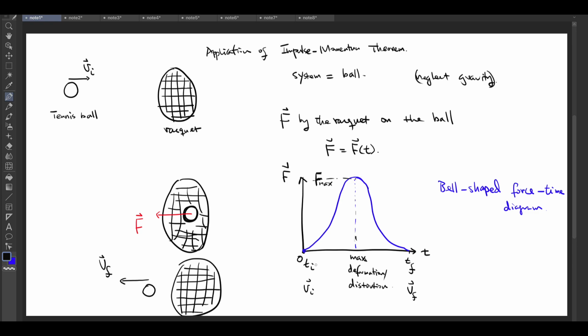Instead, we think about the initial and final momentum, and if we can figure that out, then we can say we solve the problem. Okay, so let's just talk about delta P, which is